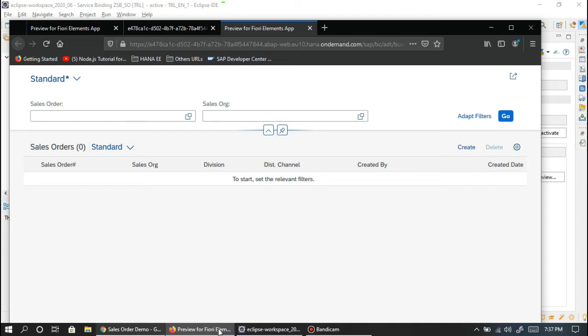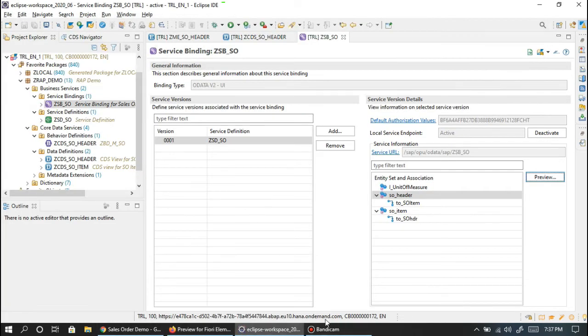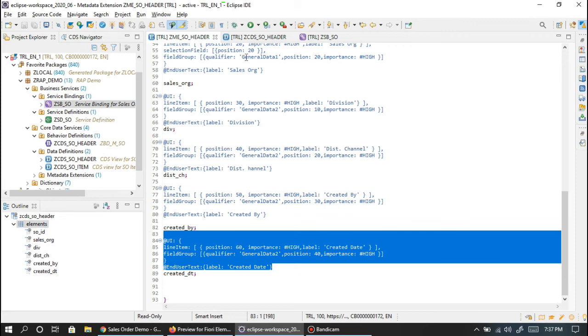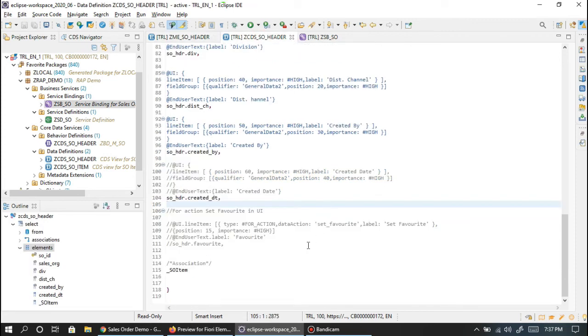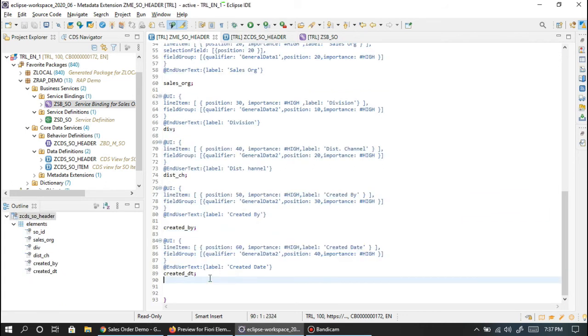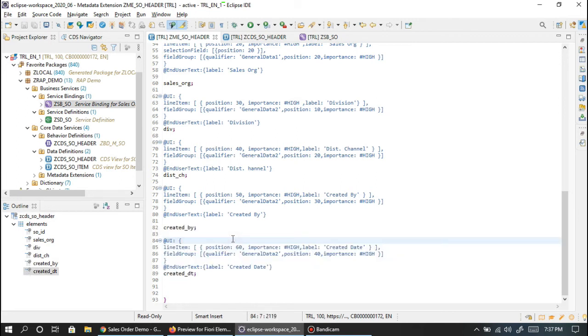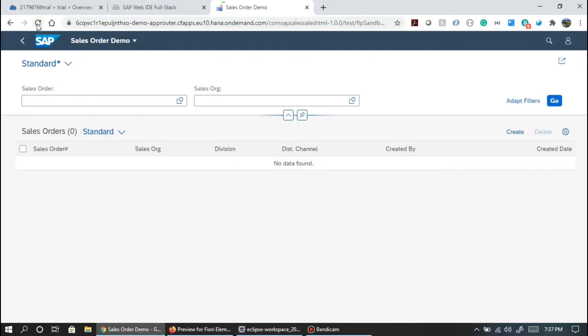Yes, sorry, we are right, because our metadata extension has the UI for created date, but the CDS doesn't have it. So you can see that the UI is coming from the metadata extension. Fantastic. Now let's go to our Fiori application once more and restart it. What we are expecting is the same thing, no change.